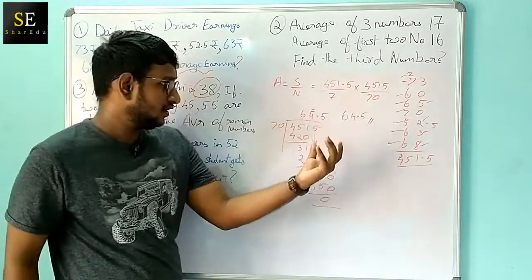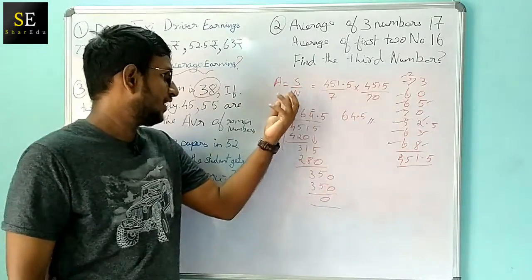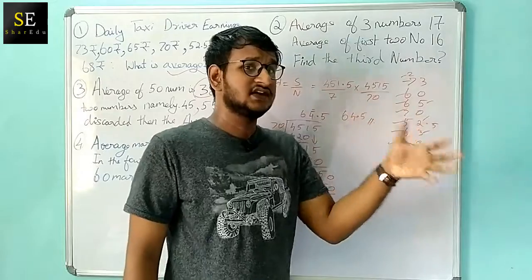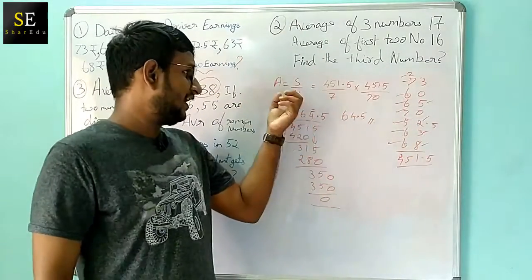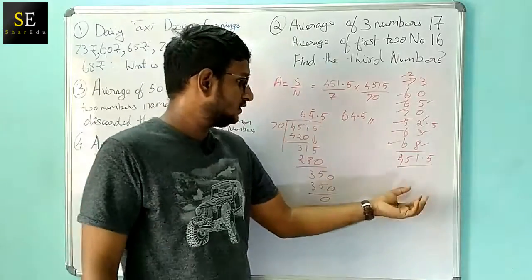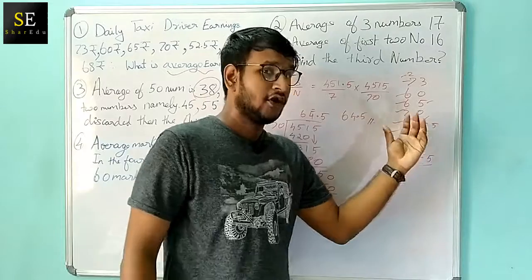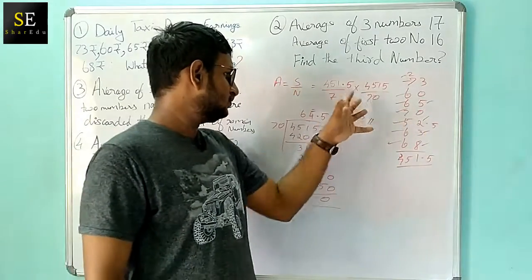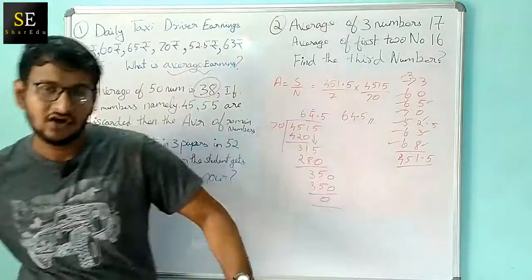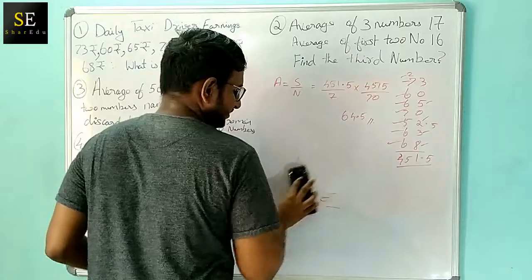So you have got the familiarity with this concept, where we add the values and divide by the number of values that we have added. The number of values they have given is 7, that is n, and the total value we get by adding all the earnings is 451.5. So we are going to divide these two. The remaining calculations we have learned in our 4th or 5th grade itself, so that's not a big matter.